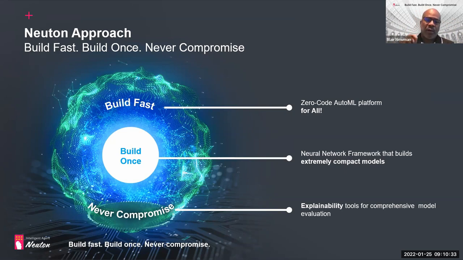As we build all of our models neuron by neuron, we perform cross-validation along the way, so that by the time you've reached your ideal level of accuracy, you do not need to perform any compression. This is where we say we enable our customers to build fast, because you don't have to go through that iterative process, number one. Number two, you only have to go through one iteration.